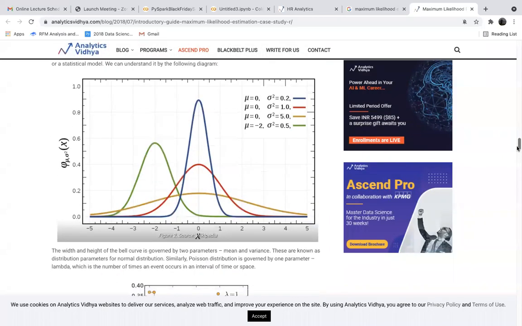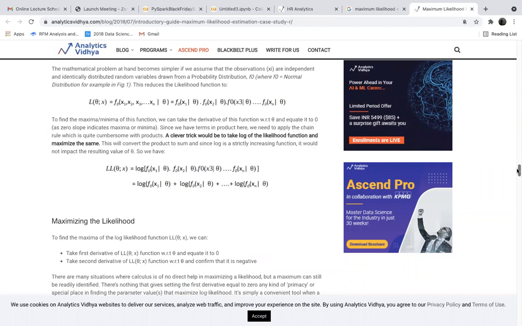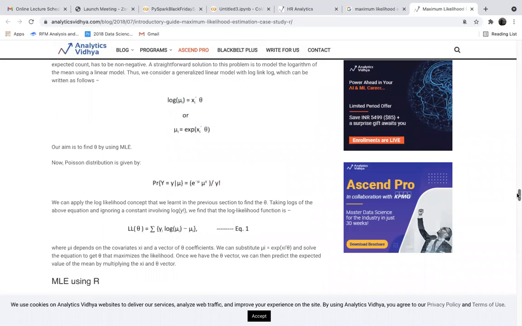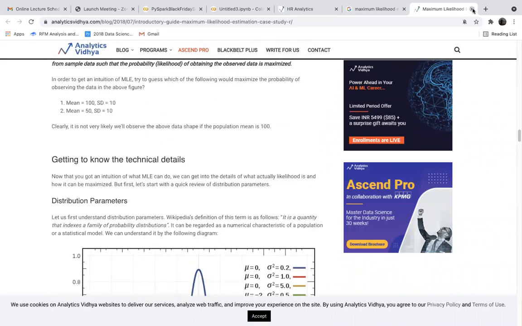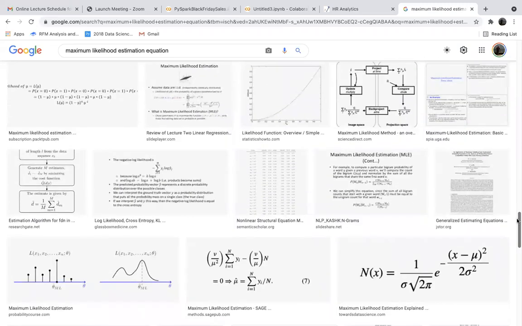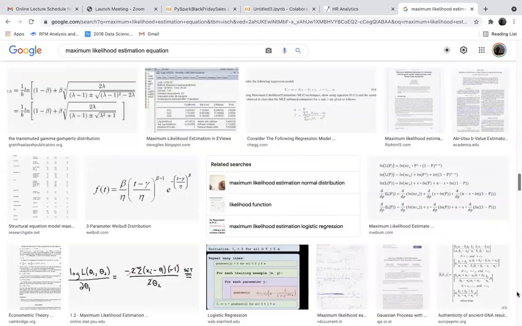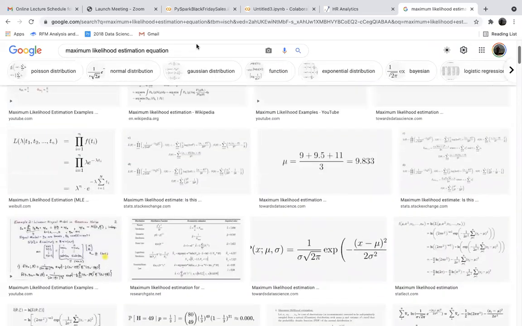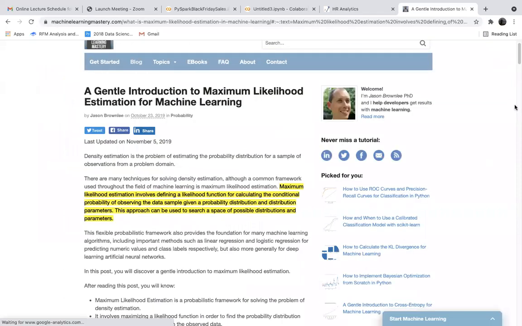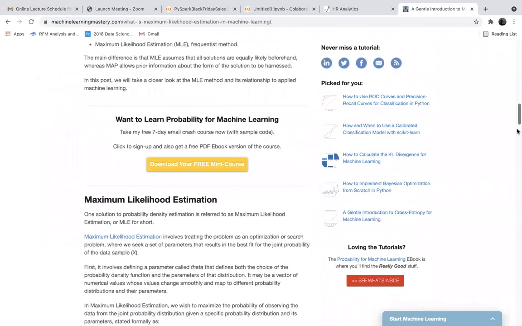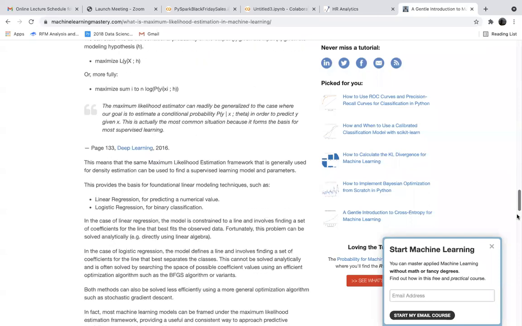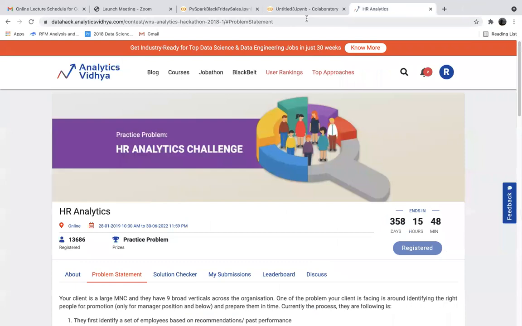We use it in Excel actually, maximizing log likelihood. Okay, I'll show you the equation later.